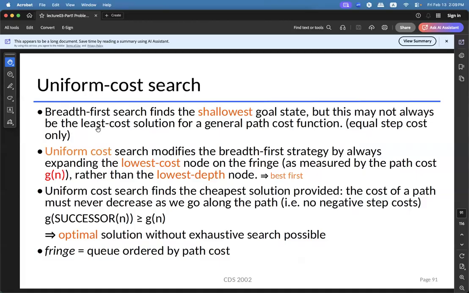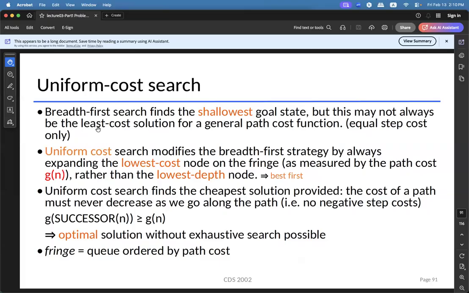If we try to explore the nodes with a lower path cost each time, then we can always find the lowest solution that is optimal. And that is called uniform cost search. And one thing you must remember is